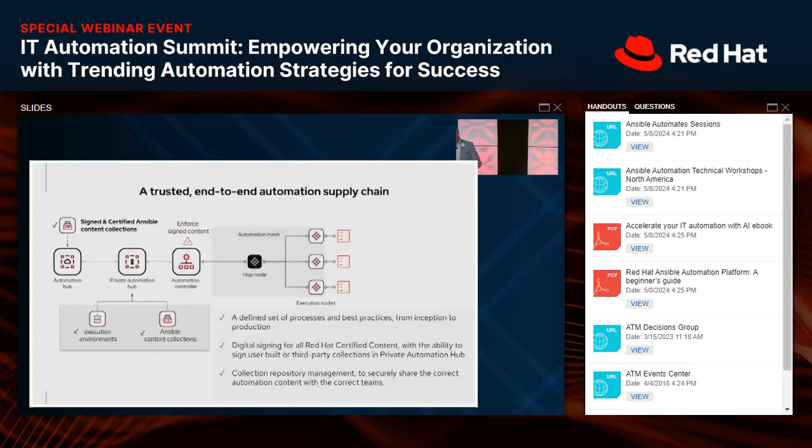The way to make that content available is the automation hub. And there are multiple ways of doing that. We have an automation hub that can be on premise, as well as additional capability around that. Now we're talking about the controller and how it interacts with your devices and your inventory, and utilizing something called an automation mesh, which simplifies determining where your inventory is and executing against that inventory in the fastest way possible. Right? It's this ecosystem that I'm referring to when I'm talking about the Ansible automation platform.